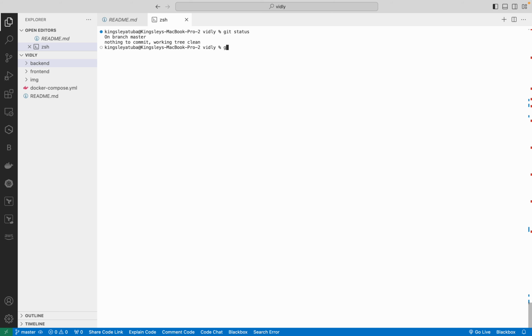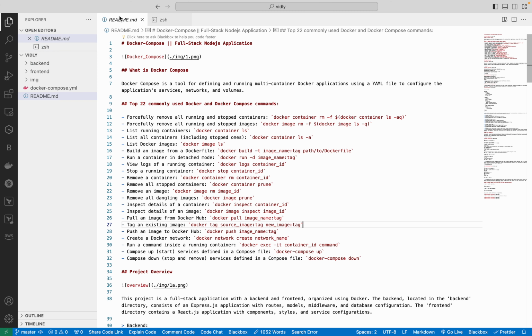Now the next command is git push, but I can't press enter because where am I pushing it to? In order to push this to GitHub, I have to create a GitHub account or a GitHub repository. So I'm going to copy the title of my project. I go to GitHub,